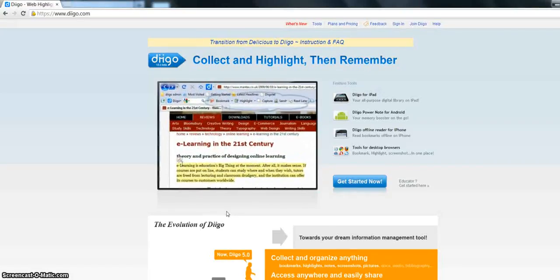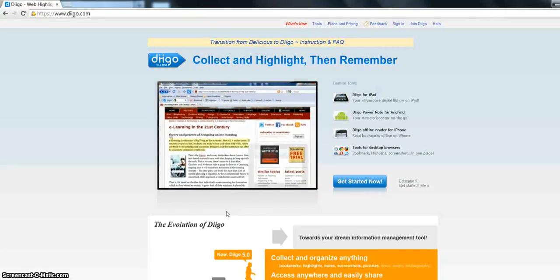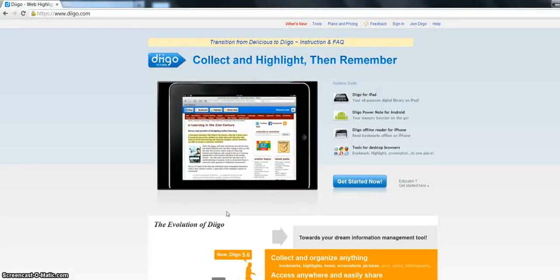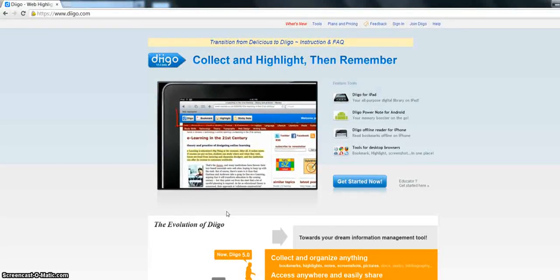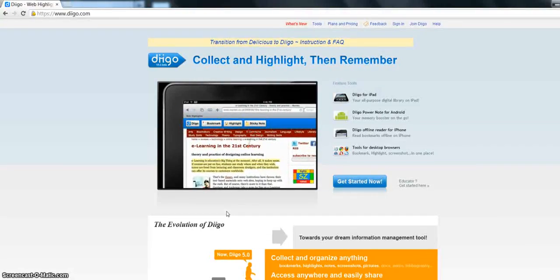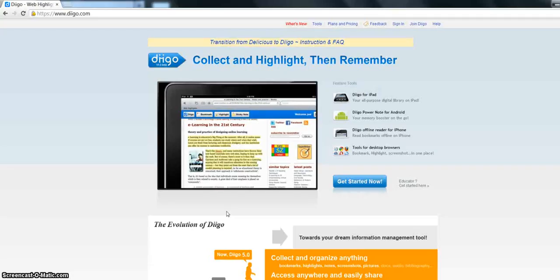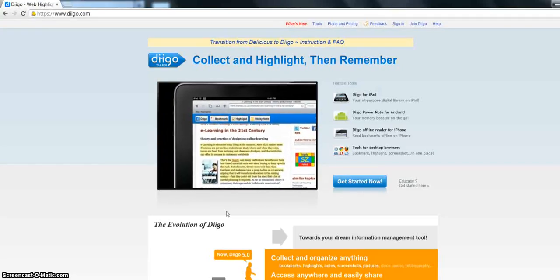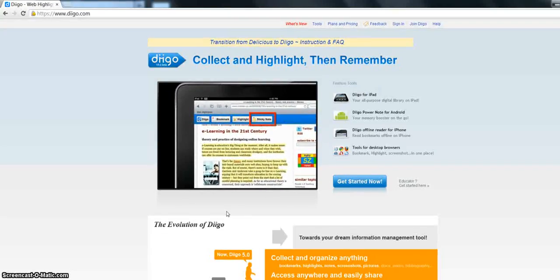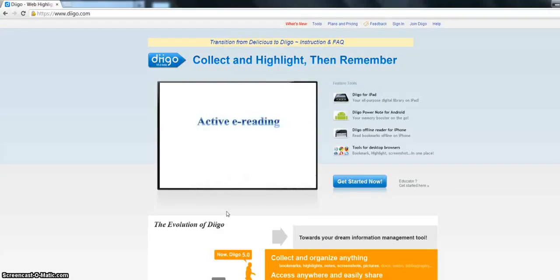Because all the information you collect is stored in the cloud, all these highlights will stay on the page when you revisit, even from any computer or device like an iPad. Here is the same highlighted page accessed from your iPad. Now you can continue on iPad where you left off on your PC and continue adding annotations. Through Diigo Web Highlighter for iPad, you can highlight on your Safari just like on iBooks. For those who consume a lot of online information, Diigo's highlights and sticky notes are indeed great for active e-reading